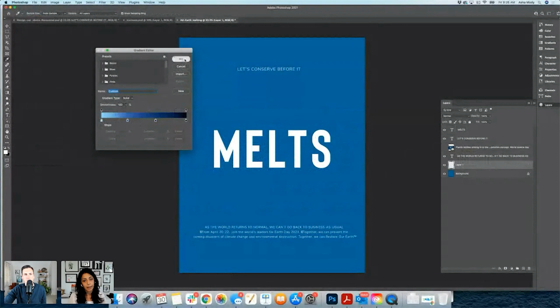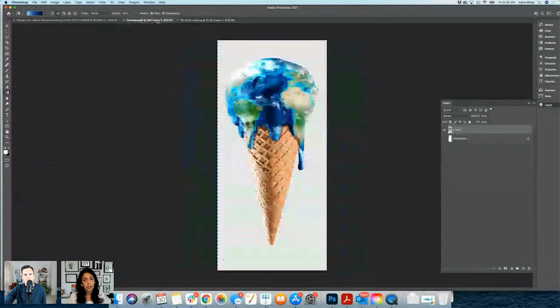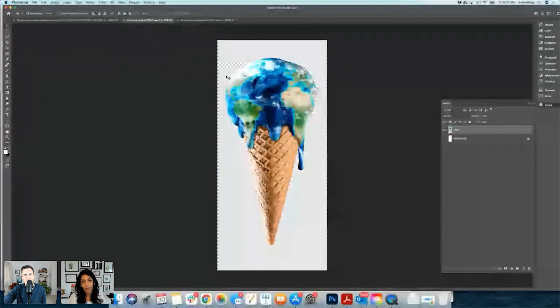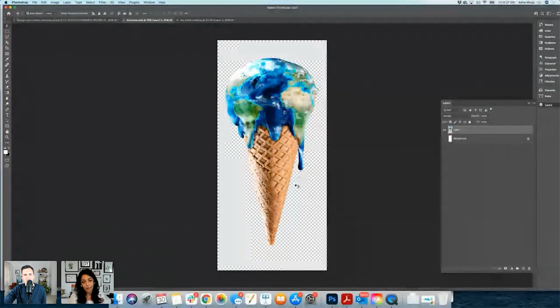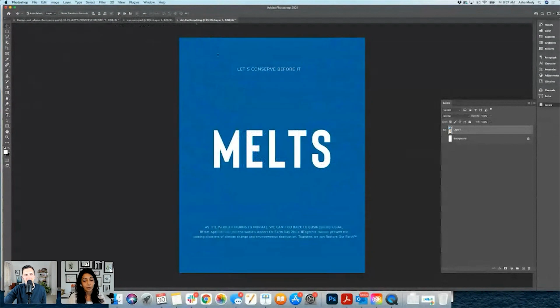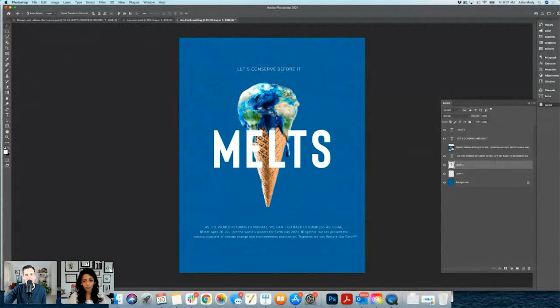But before applying, I'm thinking, let me take some inspiration. I made this ice cream graphic. I went on a website, and in my search of stock photography, I found it very cool that the Earth was melting, and I'm going to finish and use it. But for the time constraint, I have already deleted the background with the magic wand and the magic eraser tool in Photoshop. What a great photo. Yeah, it was perfect. It just took my attention, and I think it was perfect for the ad.